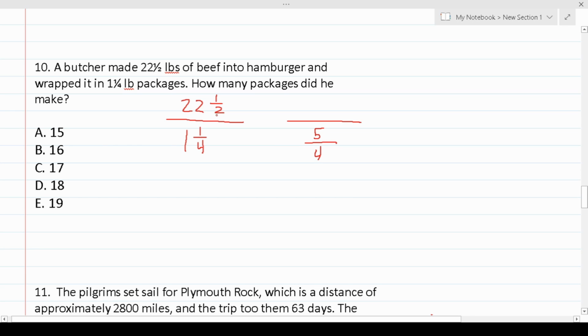22 times 2 is 44, plus 1 is 45. So this is 45/2. So now we can read this as 45/2 divided by 5/4. In order to divide fractions, you have to follow this algorithm: keep, change, flip. That is, you keep this top fraction the same. So we're just going to write this as